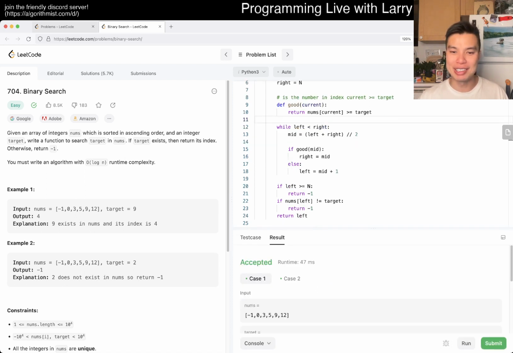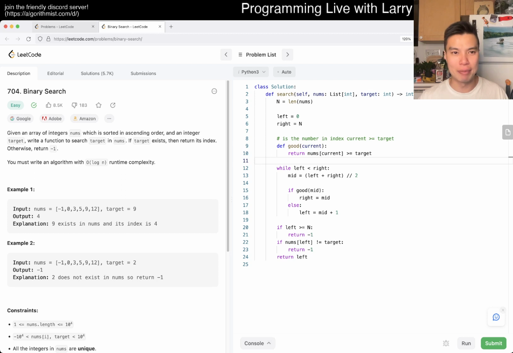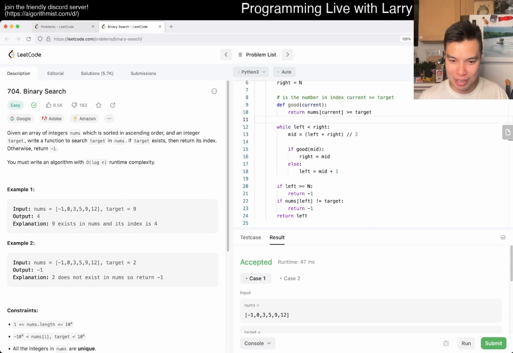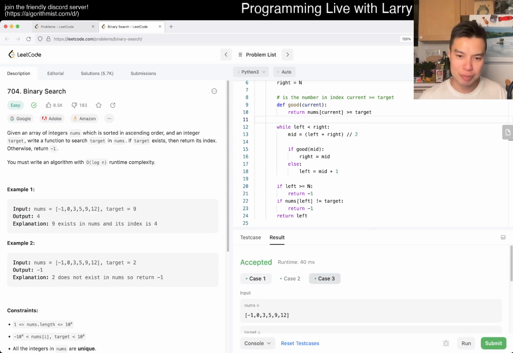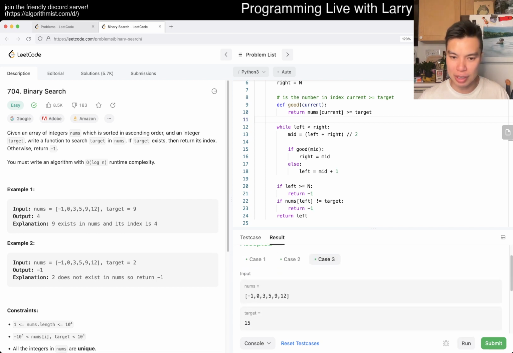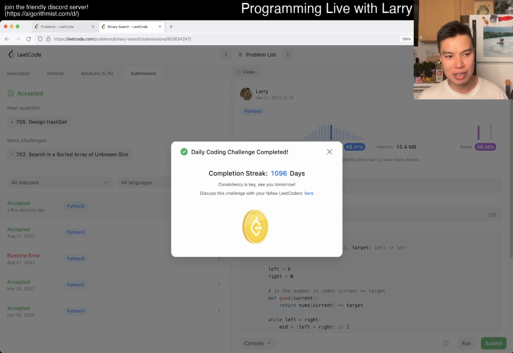This will be way awkward if I get it wrong. These things are very easy to get wrong, but I should probably try a little bit more. Okay, target is 2. I'm just looking at these example cases, and of course the one you can add is if it's bigger than all the numbers. Yeah, if that looks good, then I am happy. Let's give it a spin, and there we go.